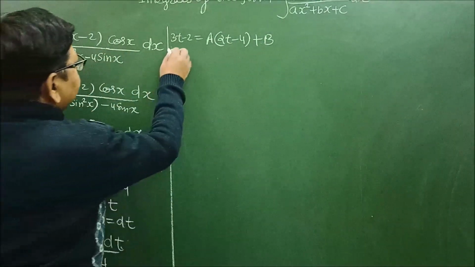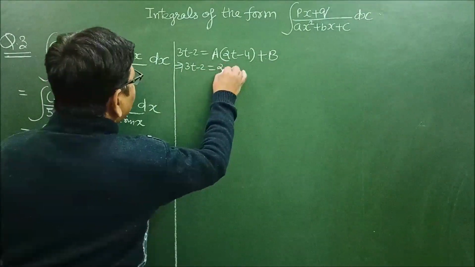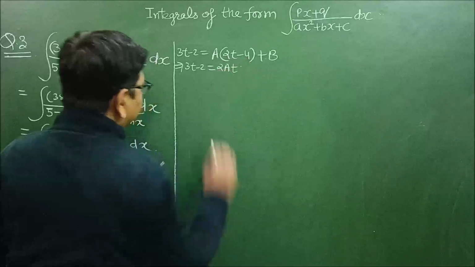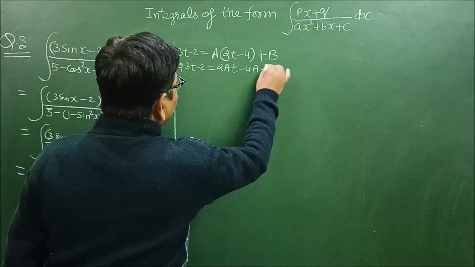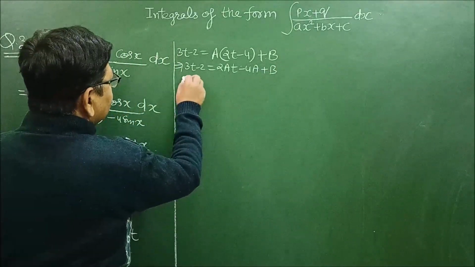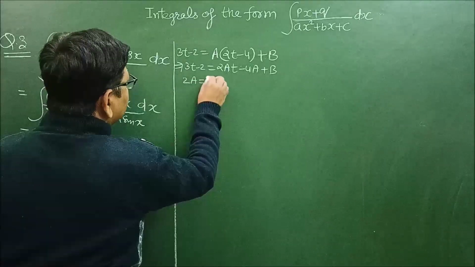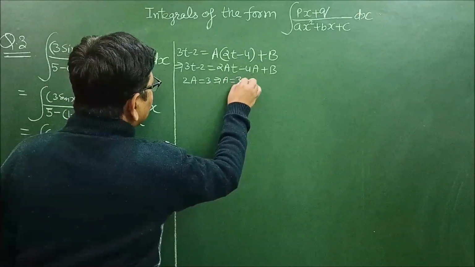plus b. Now rearranging the terms, 3t minus 2 is equal to 2at minus 4a plus b. Now on comparing the coefficients on both sides, 2a is equal to 3, that is the value of a is equal to 3 upon 2,